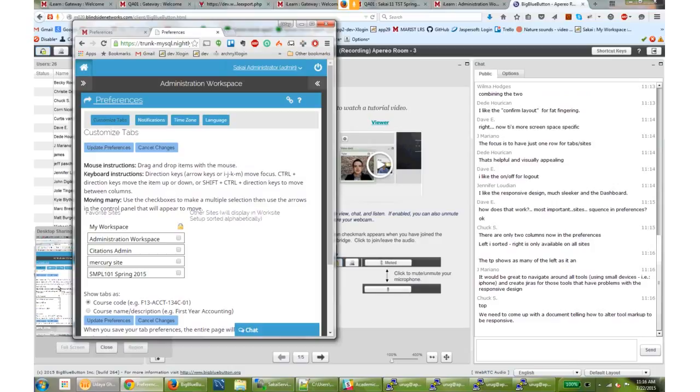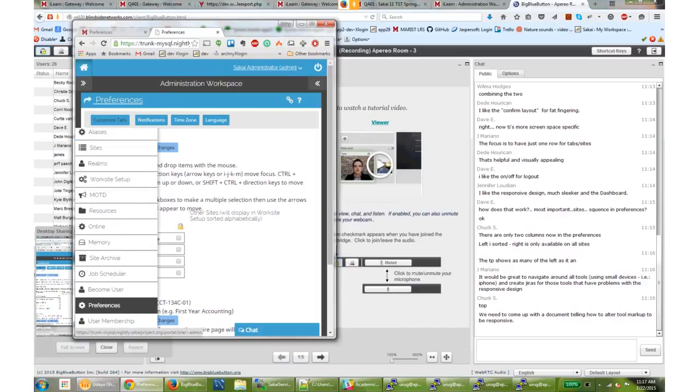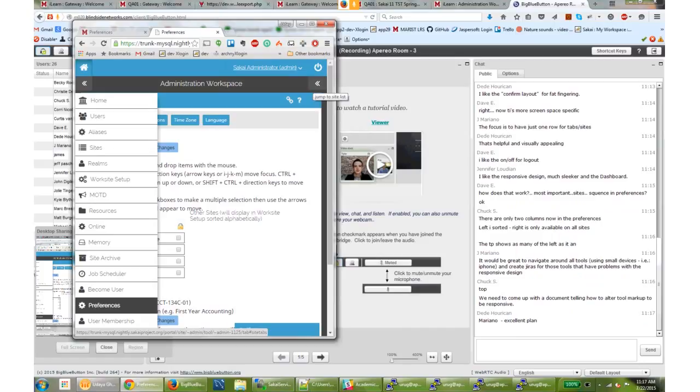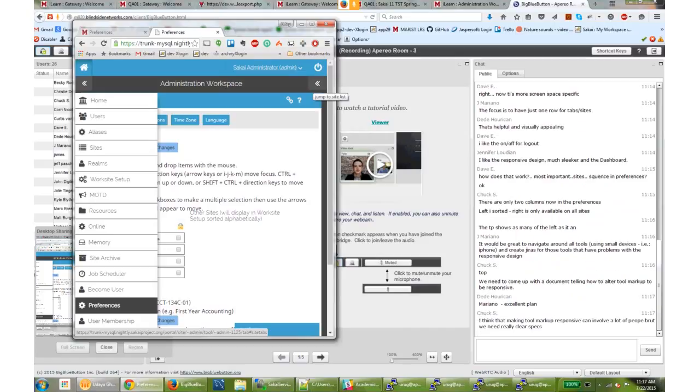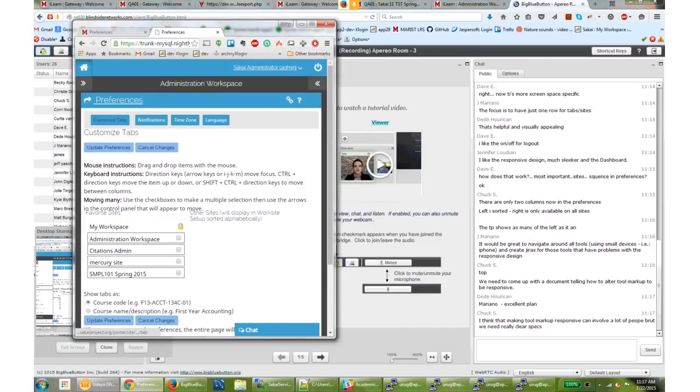And Chuck Severin says we need to come up with a document telling how to alter tool markup to be responsive. Yes, that also has it. I think the dashboard tool is using specific bootstrap markup, I think, but I'm not quite sure. But yeah, we should come up with a markup, definitely. And I'm repeating stuff from the chat to make sure it gets on the recording. So there's some kudos to the idea for getting around navigating all the tools that Mariano had. And then Chuck Severin says, I think that making tool markup